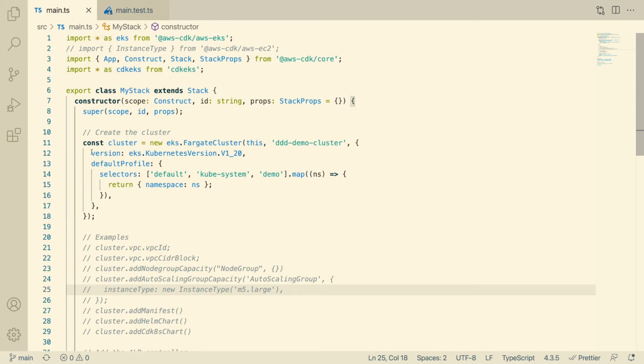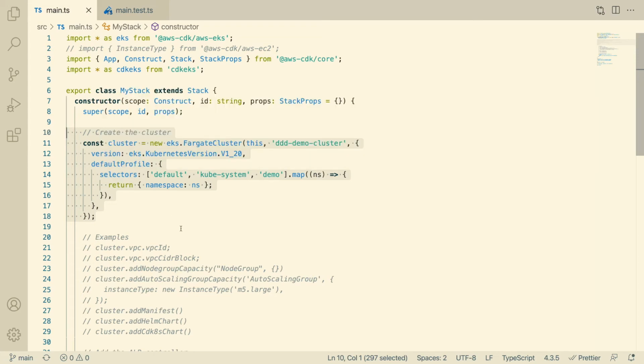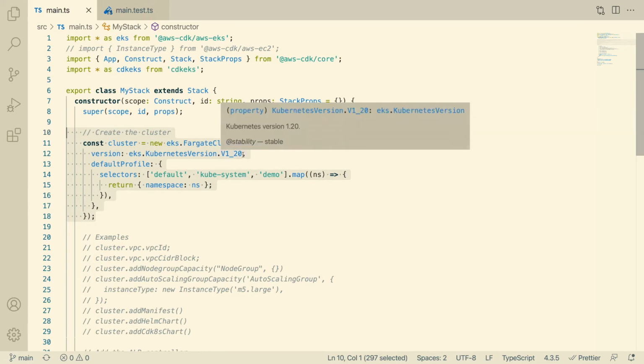The first step that we're using here is to create the cluster. And this is a fairly complex abstraction here. There's a lot going on. We create the cluster, we specify what Kubernetes version we're using, and then we also configure the default profile for the Fargate workers. One advantage of using programming languages to generate this kind of configuration is that we can only enter values that we know are supported. So when it comes to Kubernetes version,